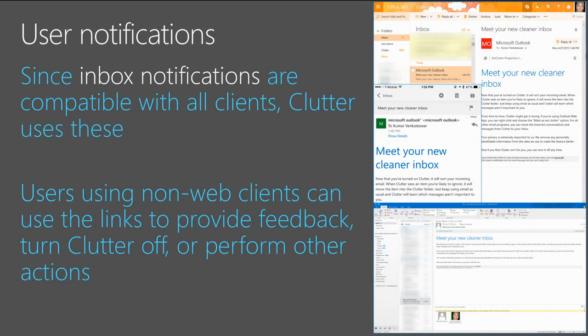The other thing that we do, which was developed on the basis of backward compatibility and compatibility across clients, is the use of inbox notifications in order to communicate with the user. So when they turn the feature on, for instance, we have to be able to tell them, hey, the feature is on. We have to be able to tell them, hey, you know what, there's things going into the Clutter folder, you should know about this. Traditionally, we've said we're going to develop features for the latest client, and we can do things like changing the user interface. I'll talk about what we did for Clutter in a couple of slides. But